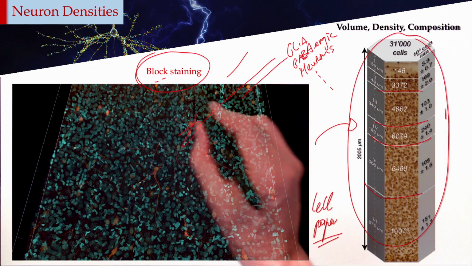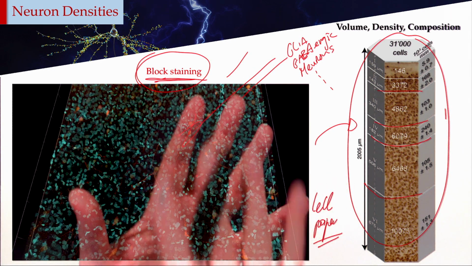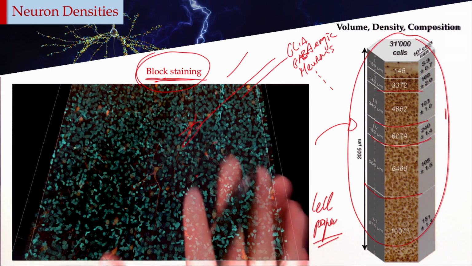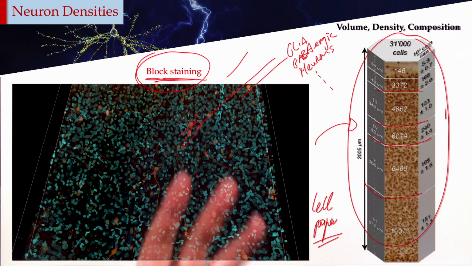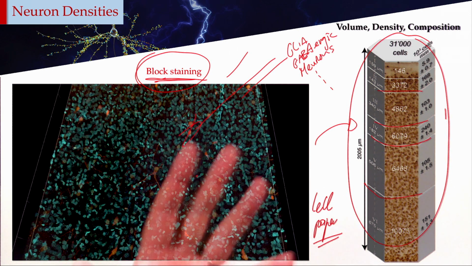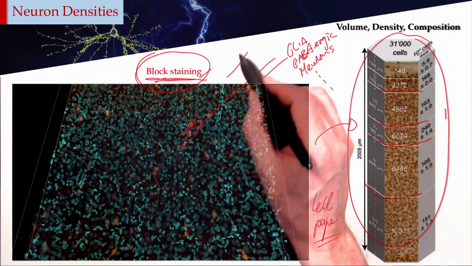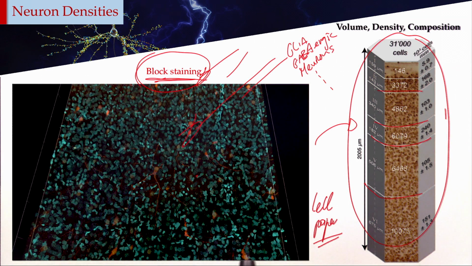The most reliable way to do this is to do block staining, a big block, and then you use CLARITY so that you make sure that all your neurons are in that piece of tissue. And there's a lot of care that has to be taken to make sure that you've controlled for shrinkage and many other things,